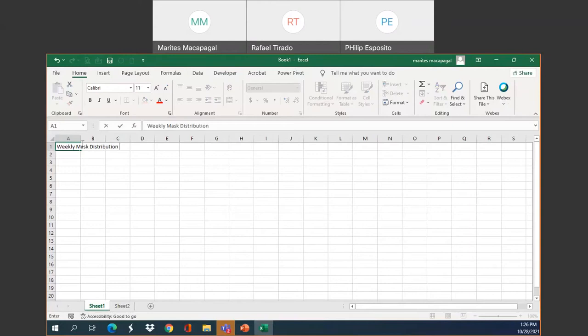Distribution per station. Hey, what's going on? So now I have my title, Weekly Mass Distribution per Station. You see it? Now,